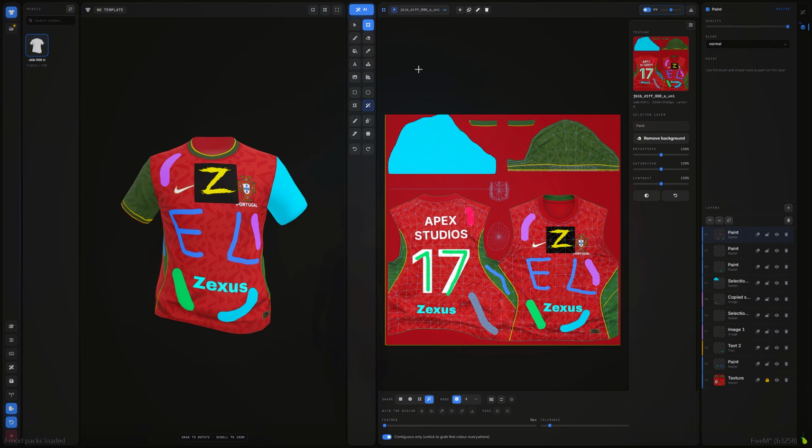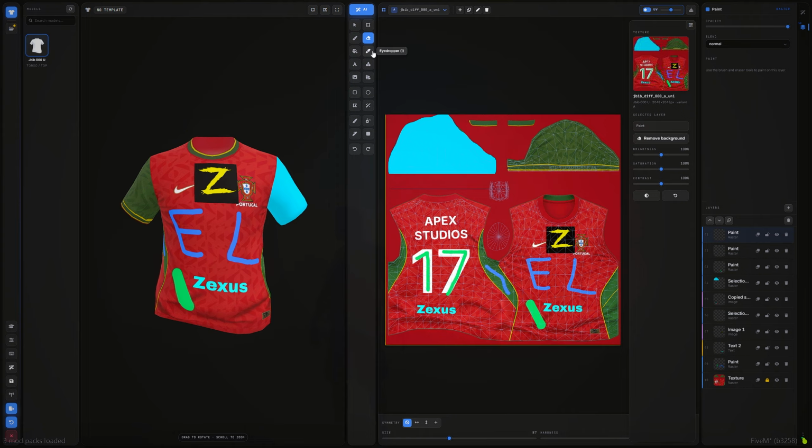So let's move to next tool, which is the eraser tool. With the help of this tool, we can erase the brush strokes, fills, and more. We can adjust the size. So the next tool is the eyedropper tool. With the help of this tool, we can directly select any color and it will appear to the brush and